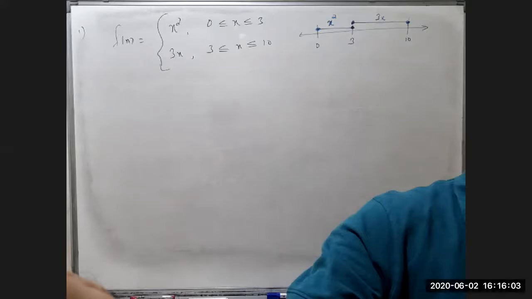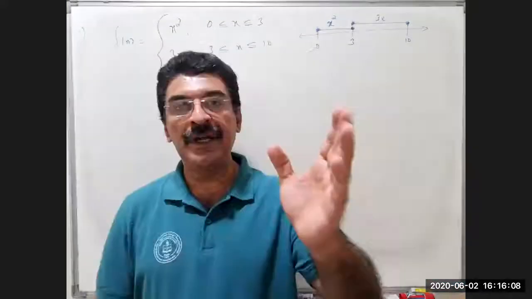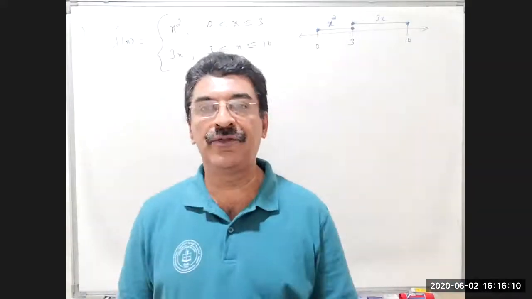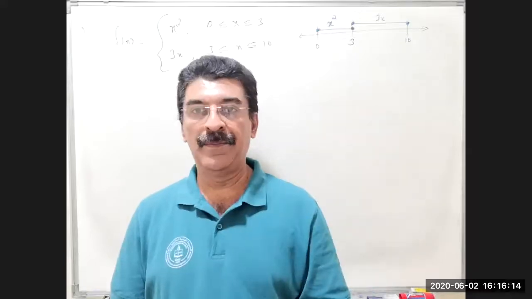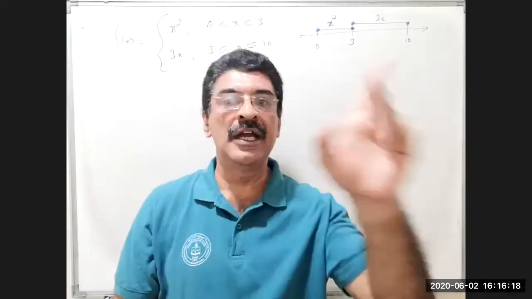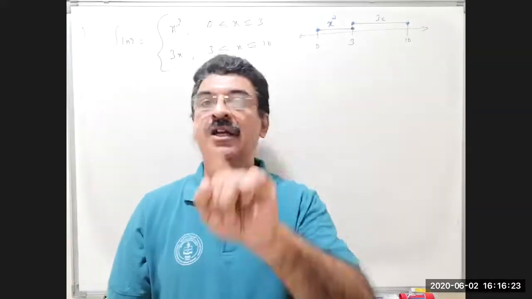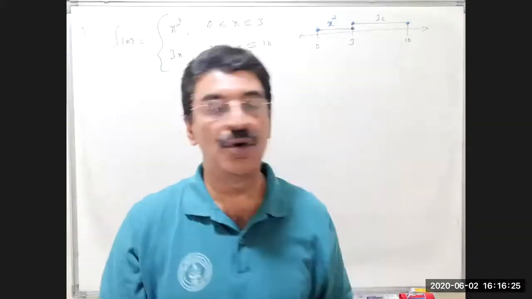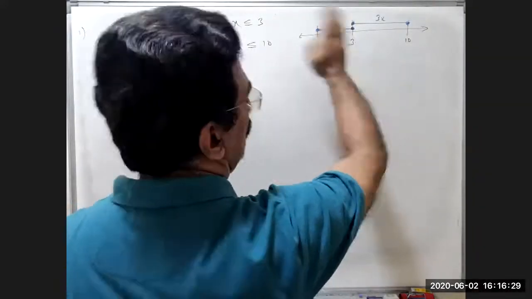A relation will not be a function if there is more than one image for an x value. That means if one x gets more than one y value. See that if you are taking the interval 0 to 3, excluding 3,